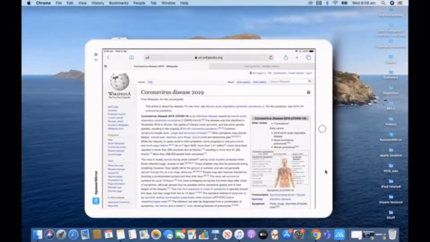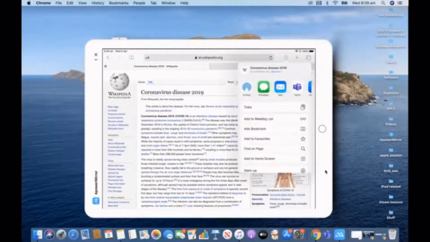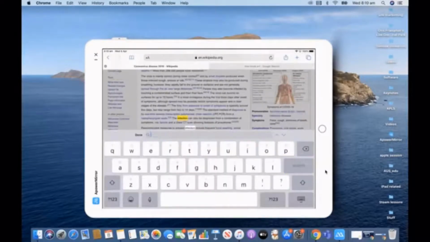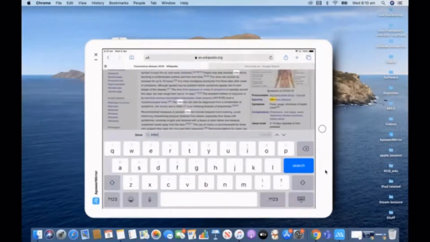And the last thing that I want to show you, a lot of people don't know about, is when I'm looking at websites, I like to see if it's actually applicable to me and it's the one that I want. And one of the most underutilized applications or tools is the Find on Page. You're going to love this. So when you press Find on Page, I'm going to type in the word infection,